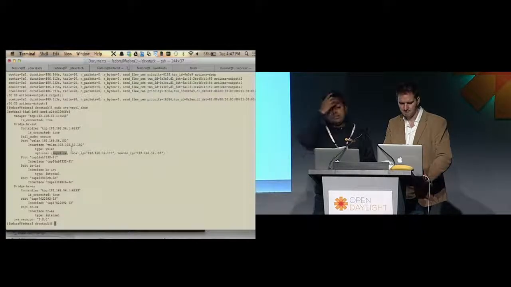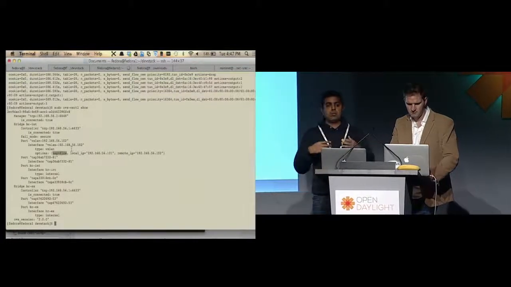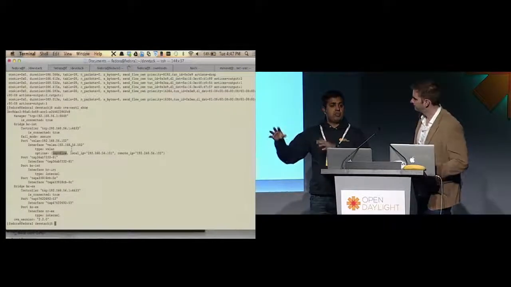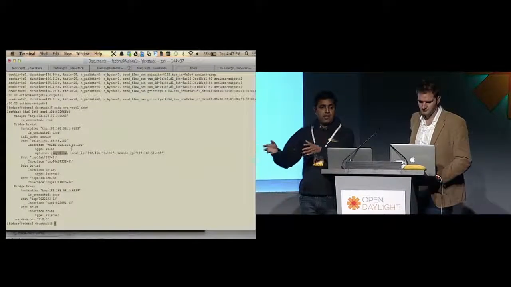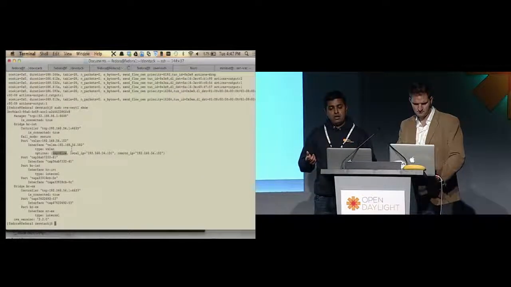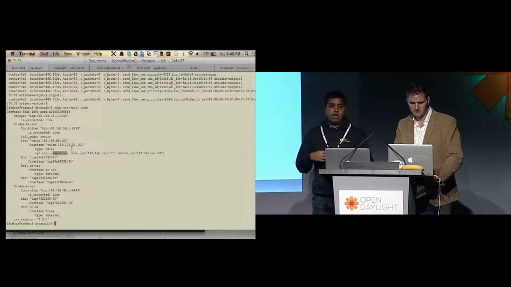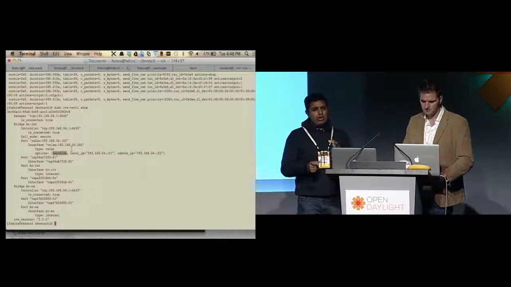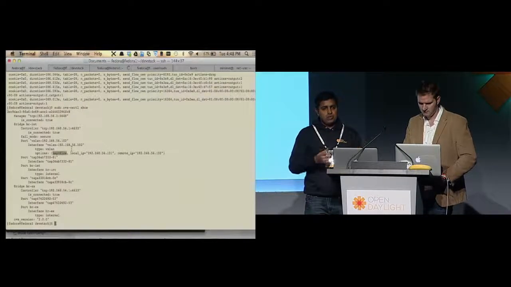Yeah, good point. See, the local IP is a configuration. Today, if you look at the OpenVSwitch plugin, the local IP configuration is done in one of the OpenVSwitch plugin's configuration directories. We need something similar, because if you don't have a local IP configuration, the controller will not know what the tunnel endpoint is. For the tunnel endpoint IP address, we don't want to use the management endpoint, because